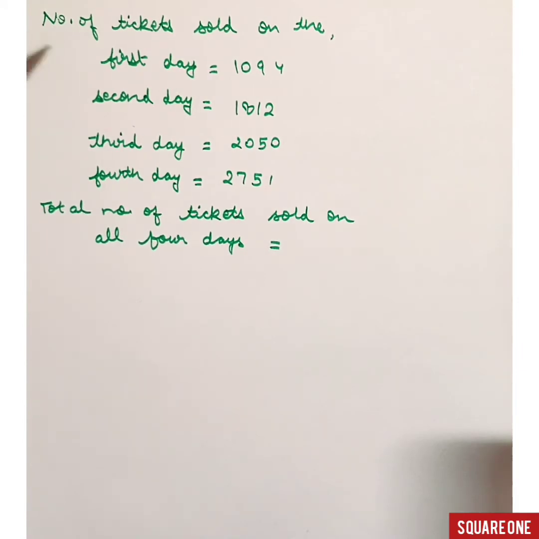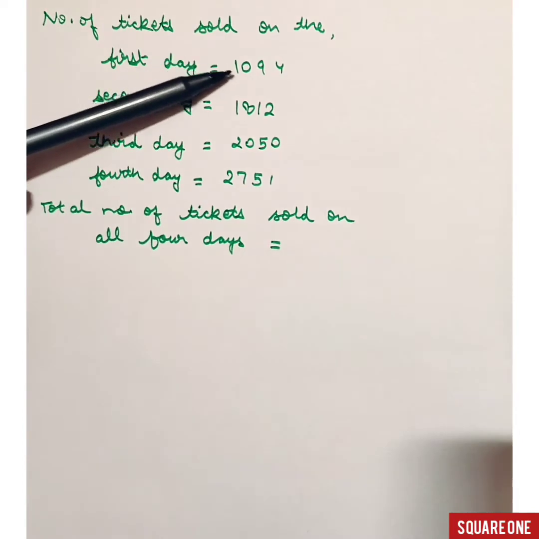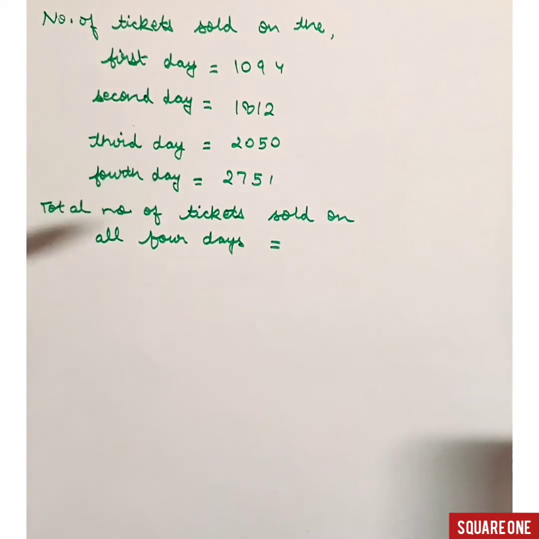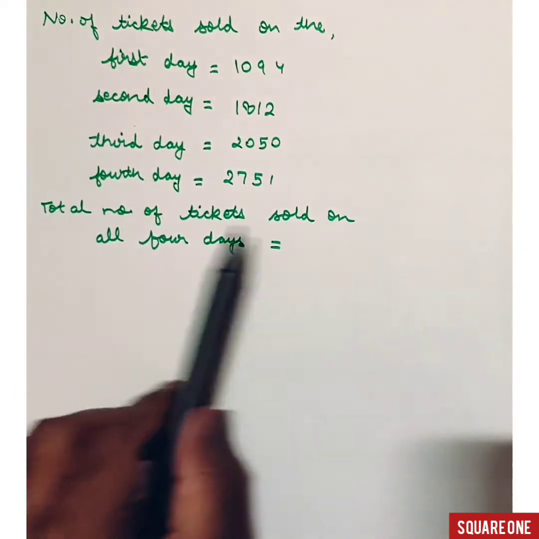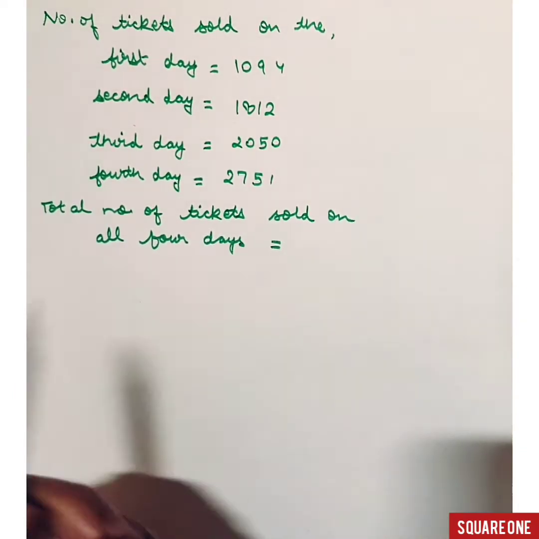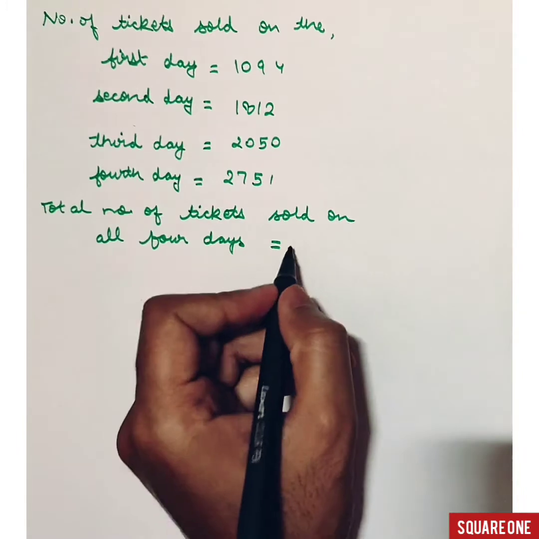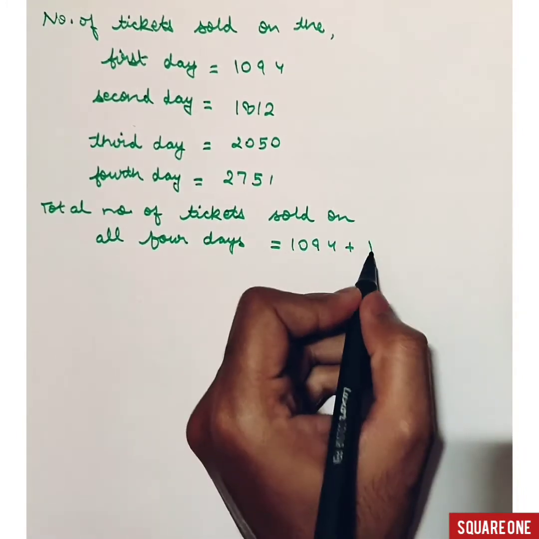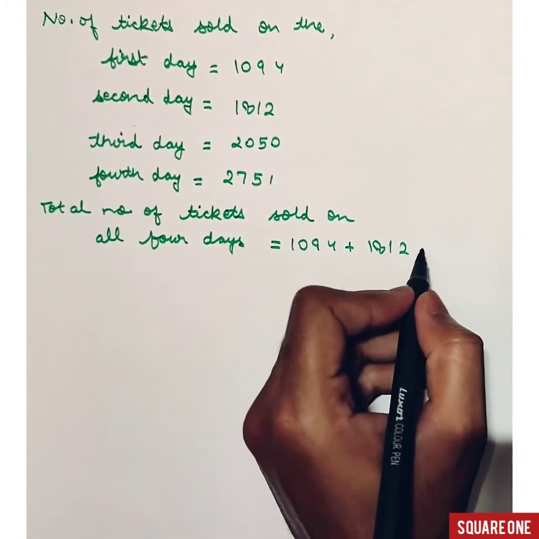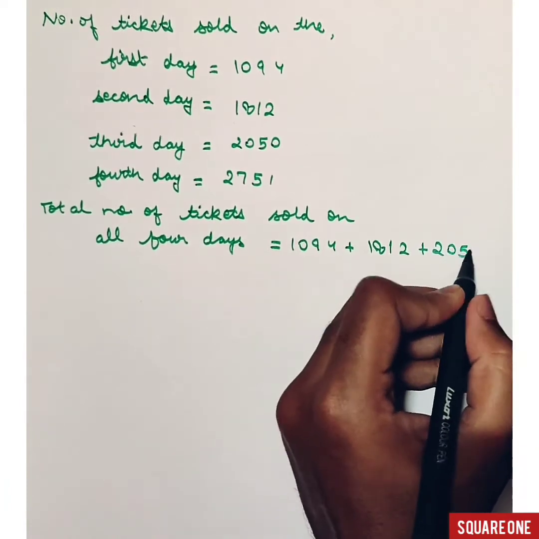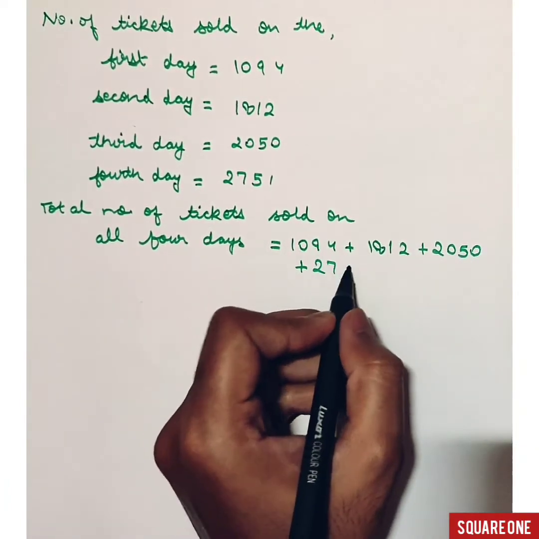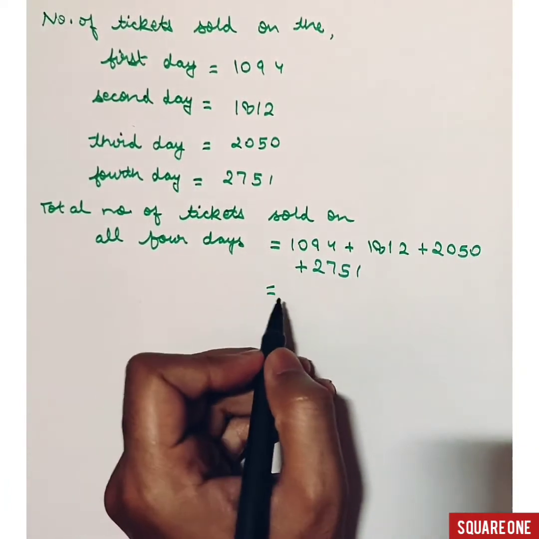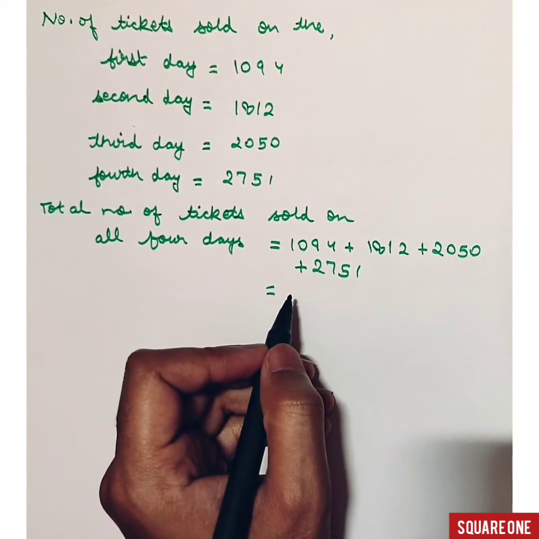I have written the number of tickets sold on the first day, second day, third day and the fourth day as the numbers they were given in the question. Now to find out the total number of tickets sold on all 4 days, we have to find the sum of all these numbers. Okay, 1094 plus 1812 plus 2050 plus 2071. We have to find the sum of all these numbers, which is